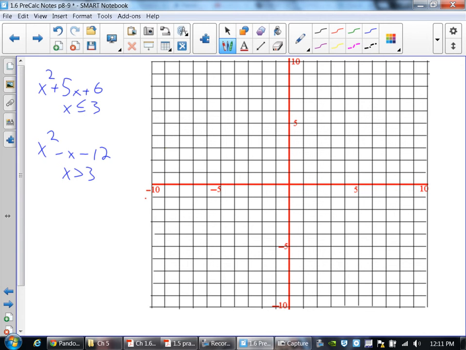Negative 5. Yeah, negative 5. Excellent, ladies. Negative 5 halves is what? Negative 2.5-ish. Okay, so I would start my graph at negative 2.5-ish. And remember, that axis of symmetry was that dotted line, because it doesn't really exist. It's just there to help us visualize. Okay, if the axis of symmetry is at x equals negative 2.5,